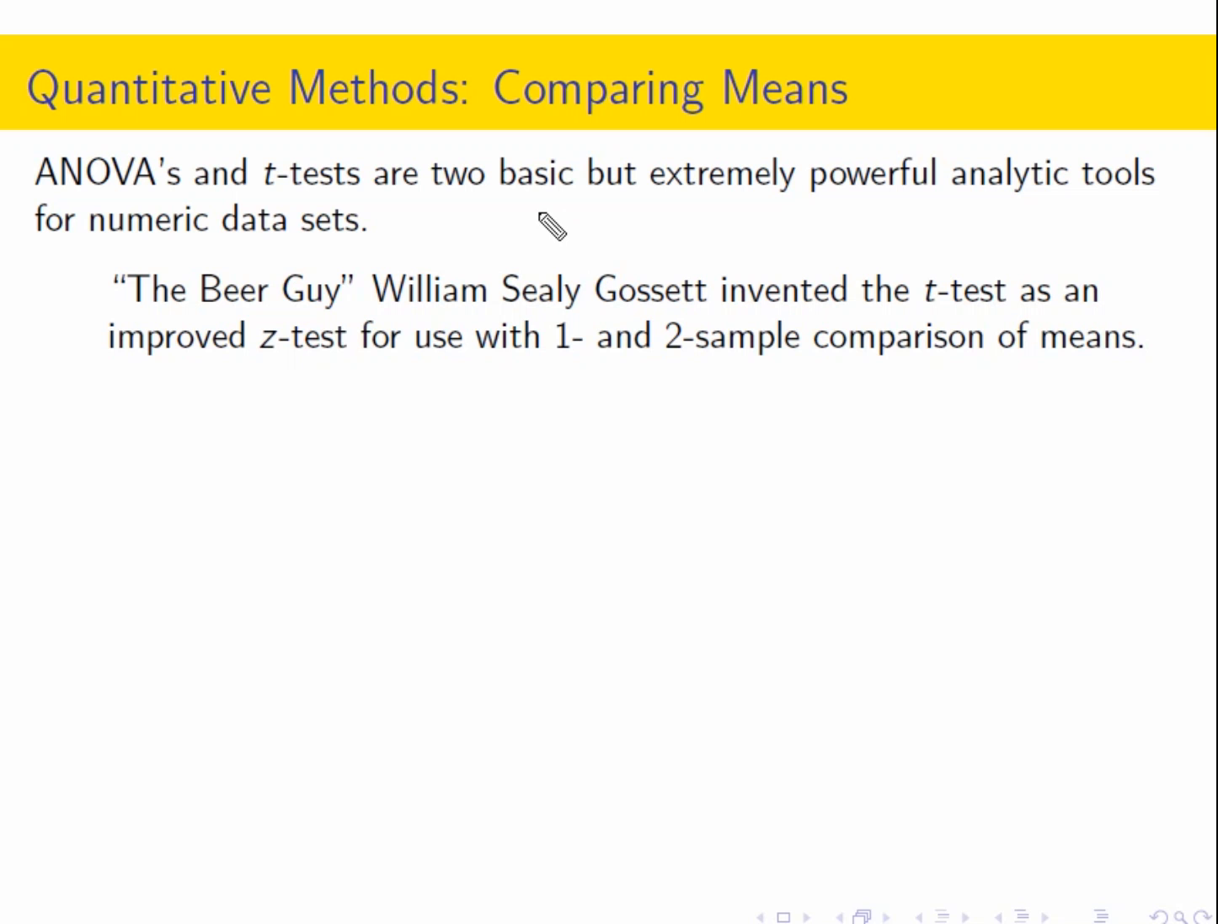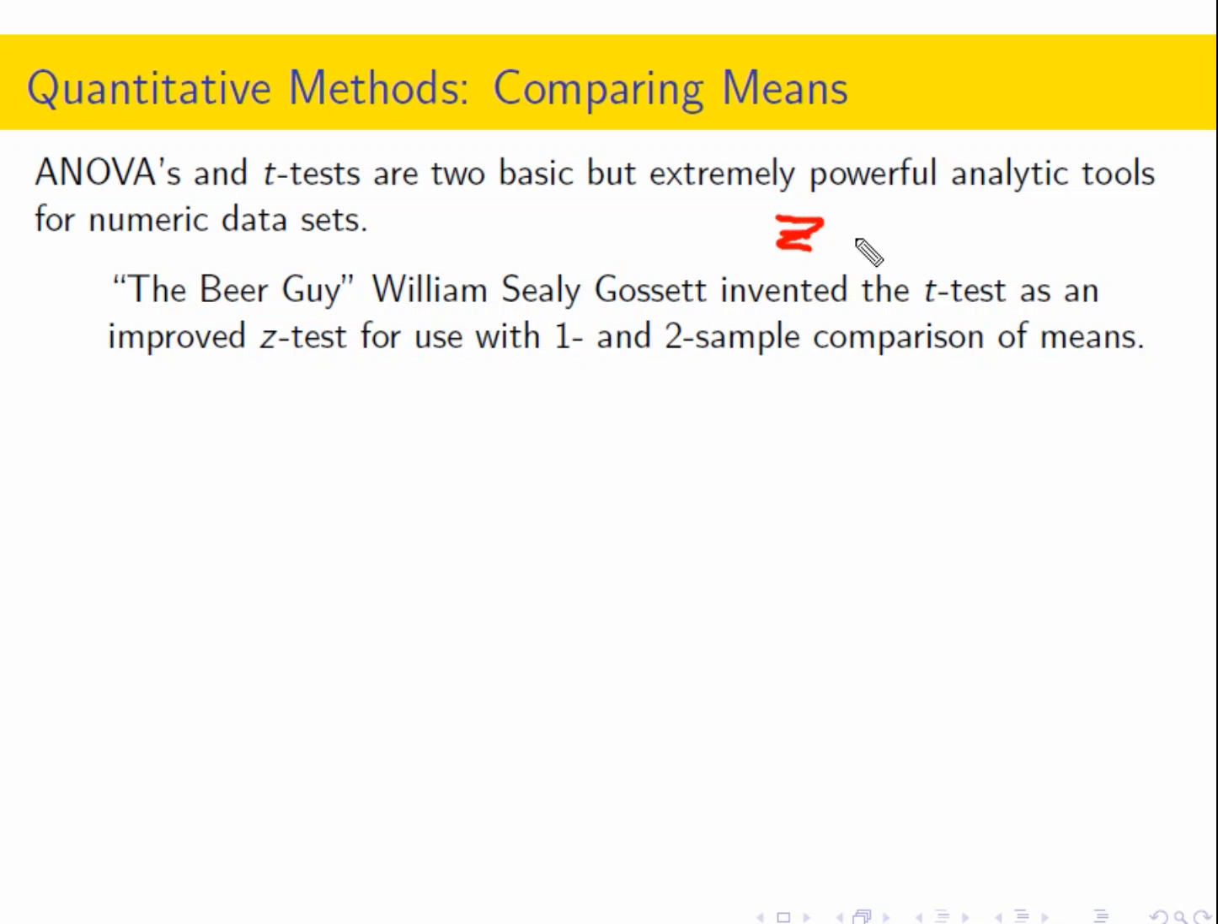So William Seeley Gossett worked at the Guinness Brewery in Dublin, Ireland, and we had the z-test. We actually, in the very first brush we looked at with the central limit theorem, we looked at the idea of calculating what I called then a group z-score. And that was the idea of a hypothesis test with a z-statistic. The problem with the z-statistic is it's not robust. It's brittle. And you need large sample sizes, and you need to not be violating any assumptions to have accurate